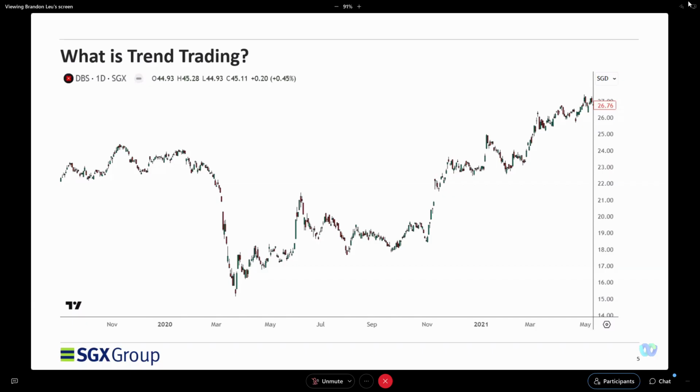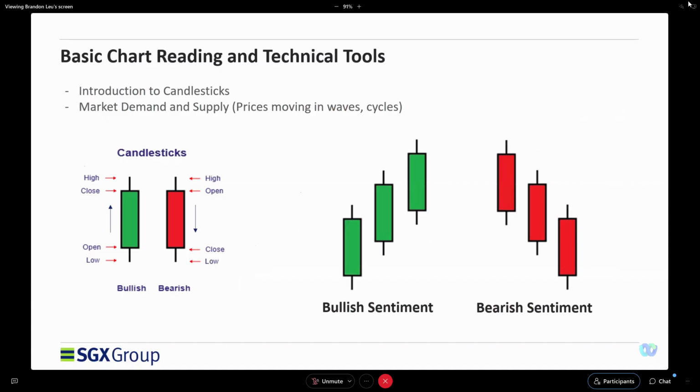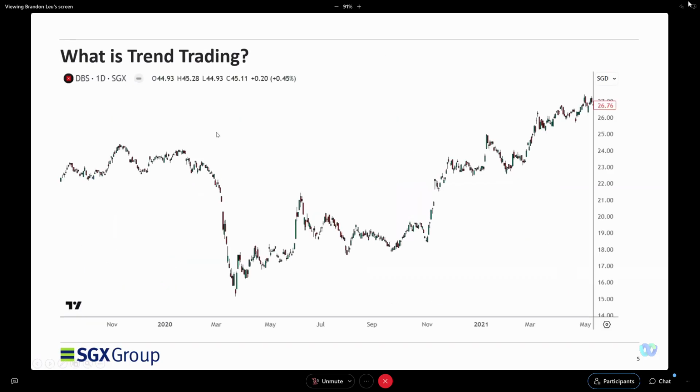chart analysis. So the first thing about chart analysis is about transaction. When there's a buyer and a seller, when we transact, there's a price. So when there are more buyers, there'll be more demand generated, and the price would move higher. But how does that look on the chart? So this is candlesticks. If you have not come across candlesticks, I'll just do a very quick summary on candlesticks.